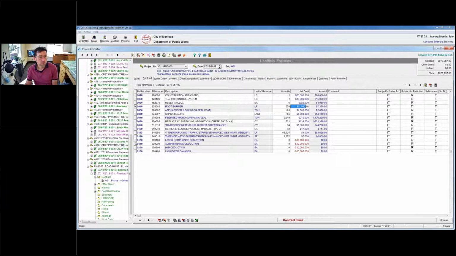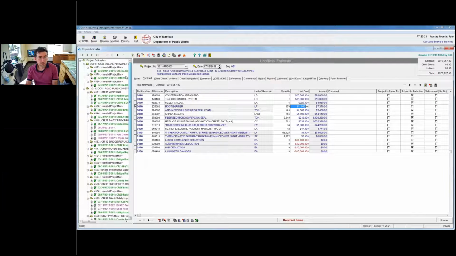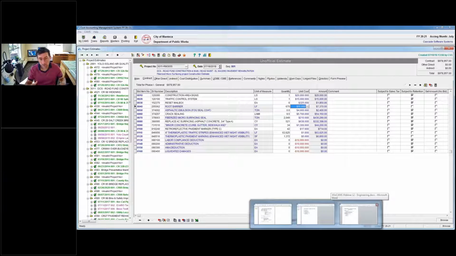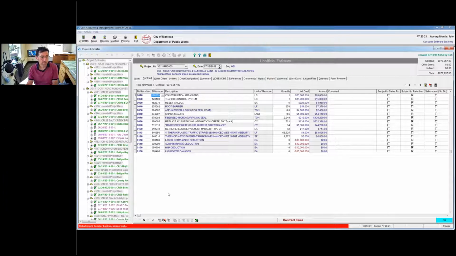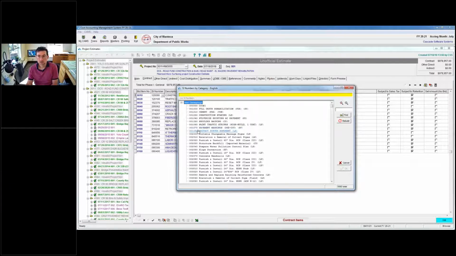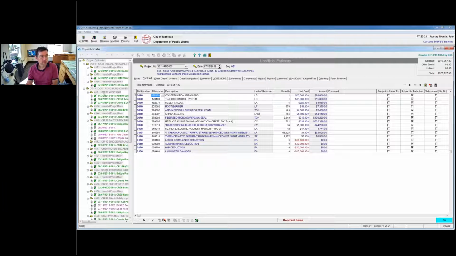correct, Eric. So Eric asked, this tree view and stuff would be populated with your specific projects. You're absolutely right. This would come blank. The only thing that would be populated is that list of SI numbers. If you wanted to, you don't have to, but we have that ability to pull in the standard California or Washington SI numbers so that you don't have to build them, so you don't have to build this lookup here, right? Okay, so you would have nothing in here,